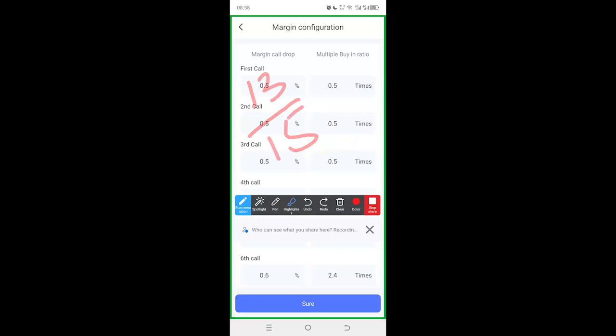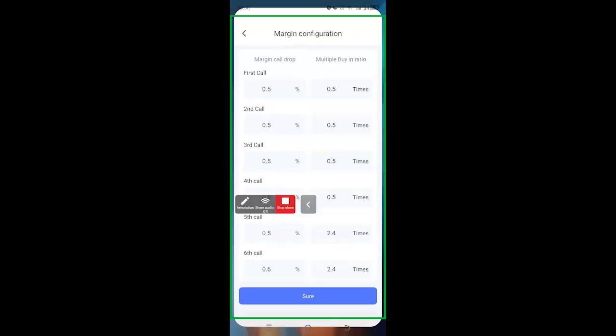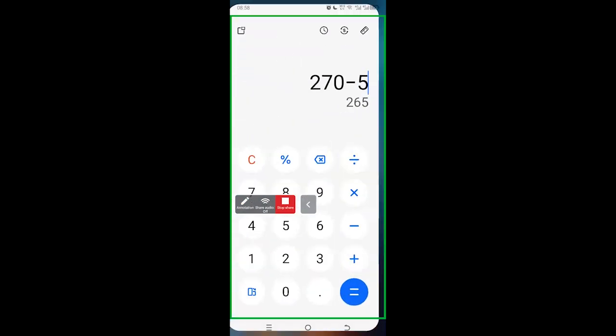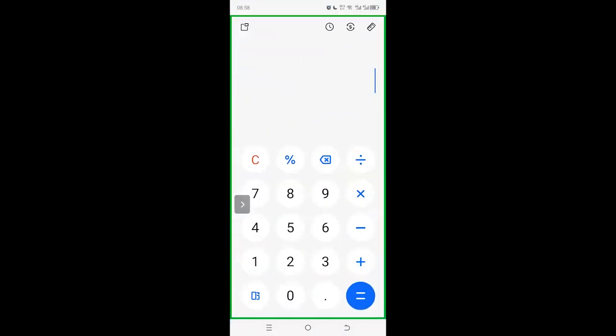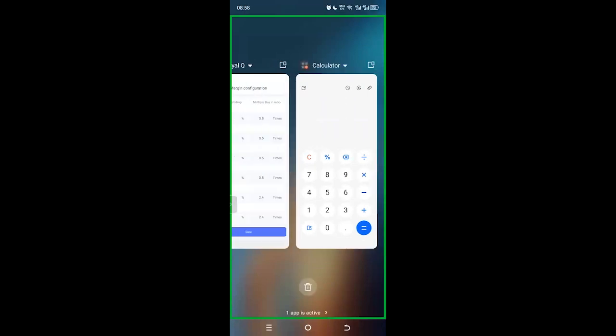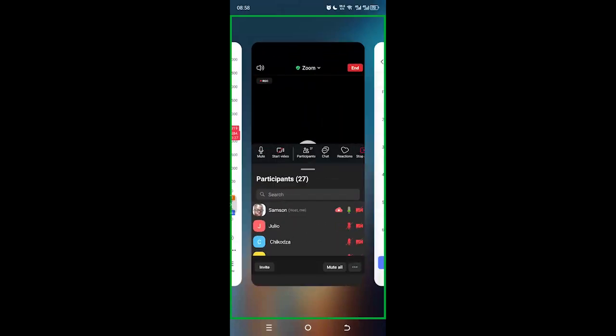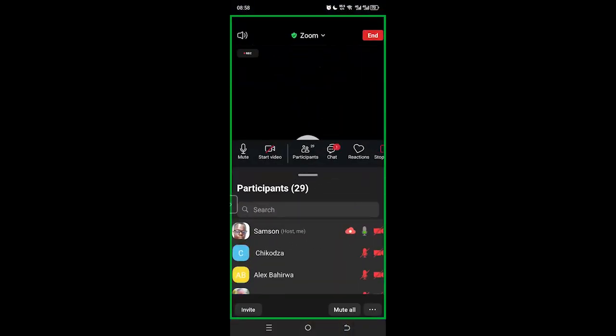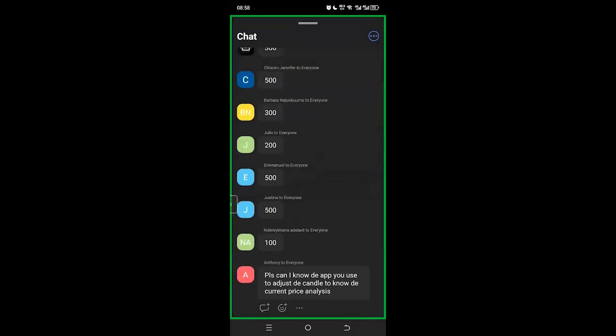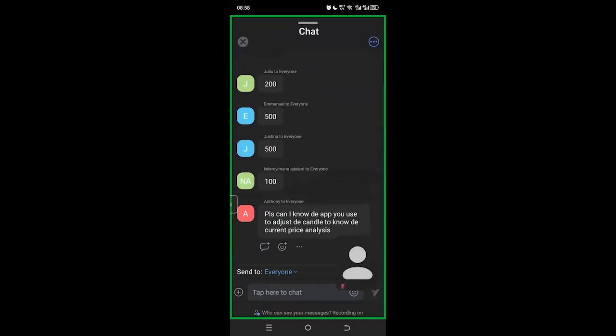Get me the answer in the chat. 13 divide